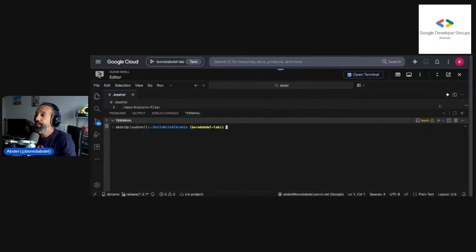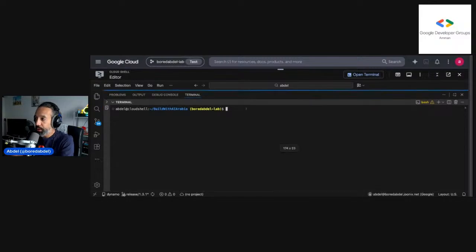So here I have the Google Cloud console, and I have already opened the Google Cloud shell. And I'm going to use this to build my agent. So first things first, we're going to use UV for